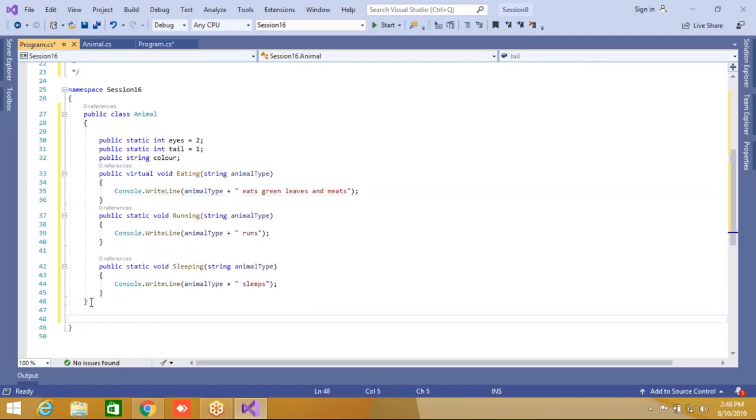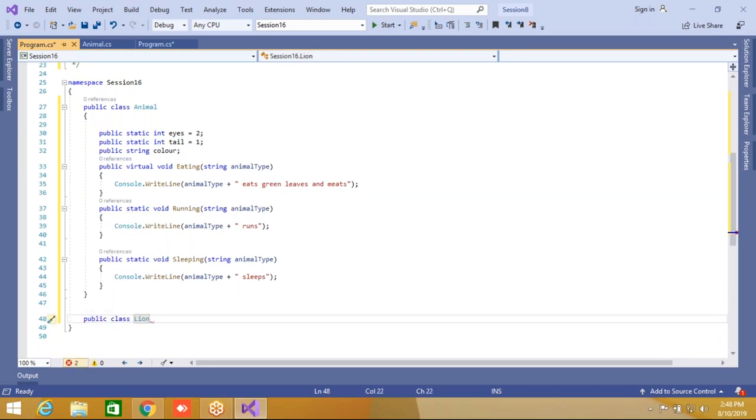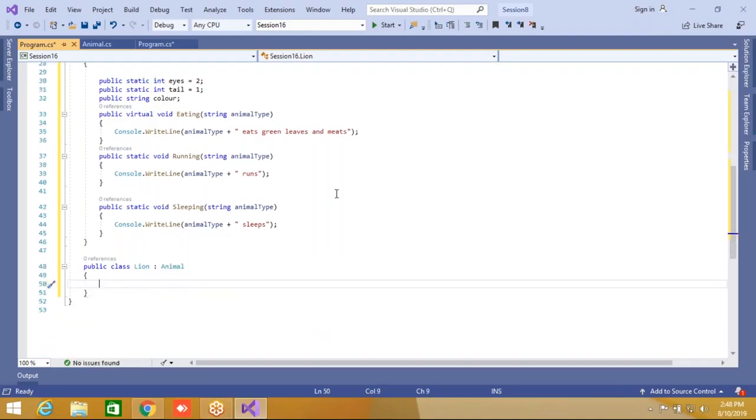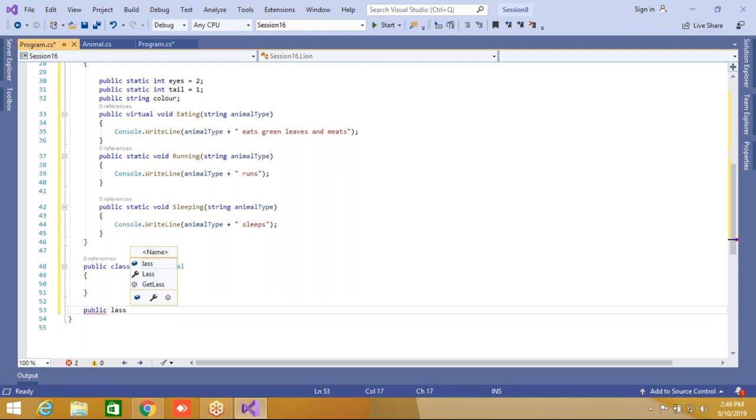This class is ending out here, so I can create multiple children. One child can be lion. So public class lion, and lion will inherit, so you have to use colon animal class. This is one child. Other child can be your, now dog can have puppy. From animal it can be dog and then puppy. But here multiple children. So other child can be your public class